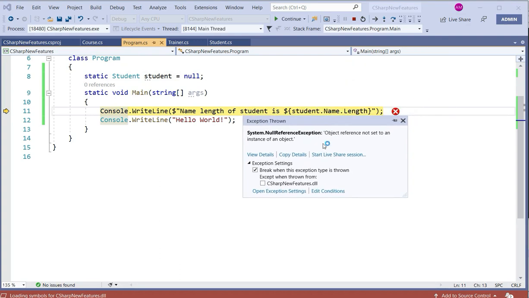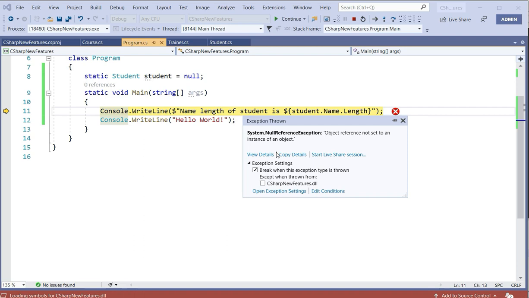As you can see, this is the most dreaded exception that we get while accessing our reference variables if they have been assigned a null value, right? So how we can avoid this exception, or how our compiler can help us to deal with these kinds of null reference exceptions. By using the C# 8 new feature, nullable reference type, it could have been avoided, or we can avoid these kinds of null reference exceptions.